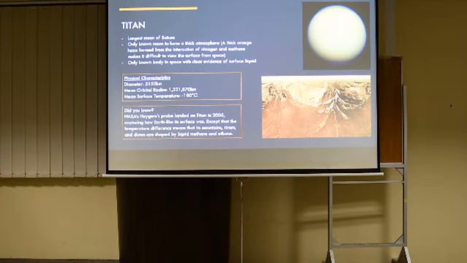Next up, we have Charon. Charon is the largest moon of Pluto. Charon is made mostly of rock and ice, and it is actually so large compared to Pluto that the two orbit a common center of gravity. That center of gravity is called the barycenter. As you can see here,